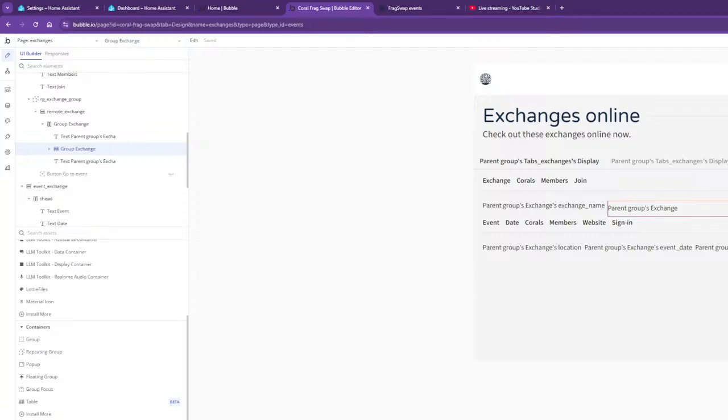And then instead of exchange, I'm going to do corals, and I'm going to do a search for corals, and we're going to add some constraints where the coral,